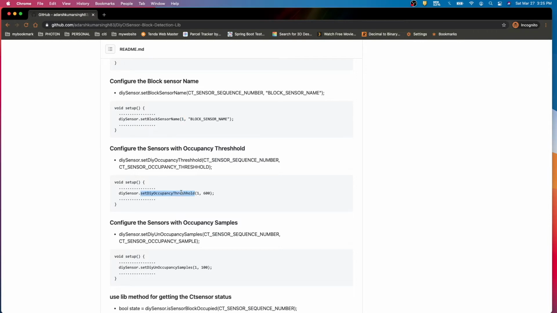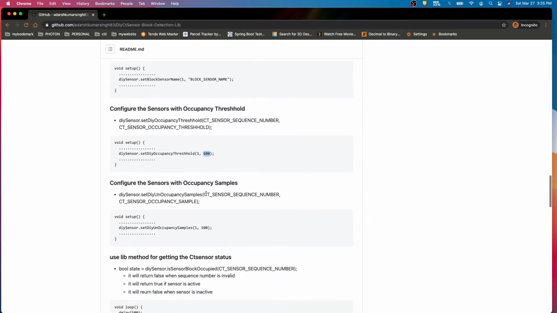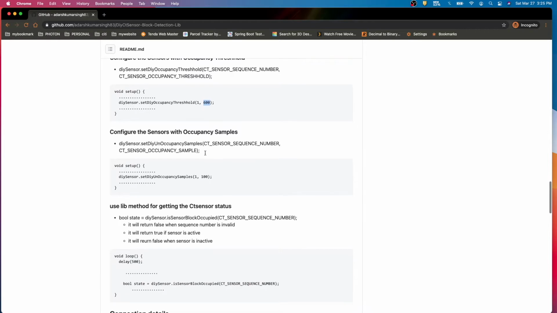Here we need to set the occupancy threshold. We take 10 samples and average them, and that average should be greater than 600. That is the threshold. We can pass the threshold because it depends on the sensitivity of the current transformer we are using.